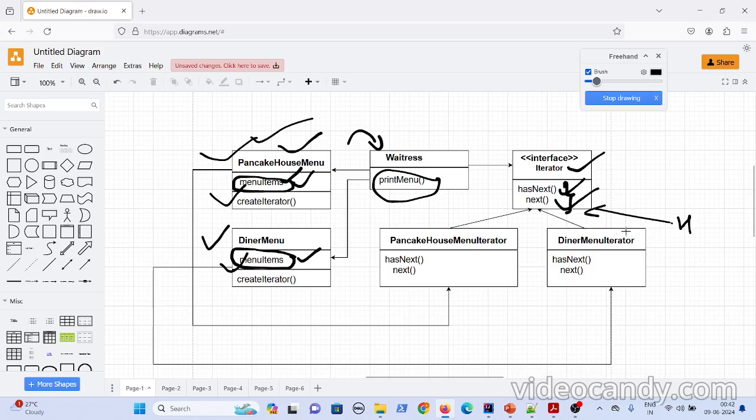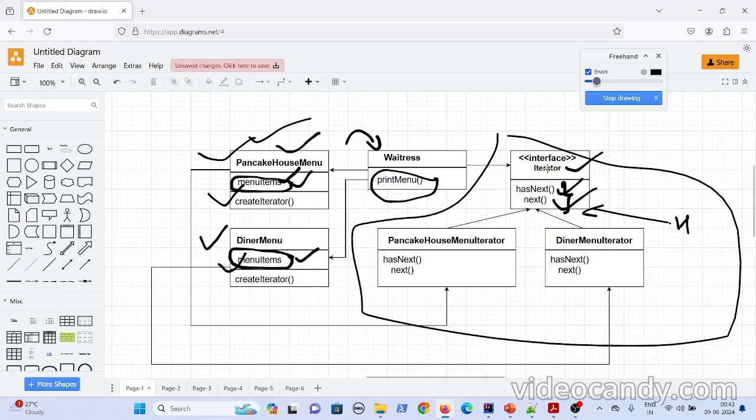Okay. Now you are done with this logic. The hasNext and the next methods are there, and you have implemented the logic for them. One more thing you have done is add a create iterator method to the menus. Now the waitress calls this create iterator method, gets the pancake house iterator and then the dinner menu iterator, and invokes the hasNext and next methods to do the traversal.